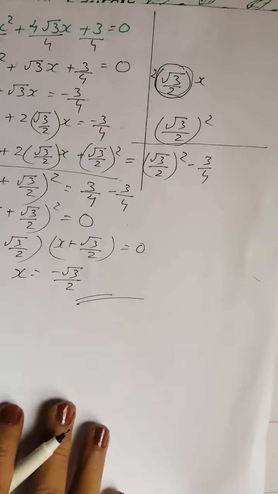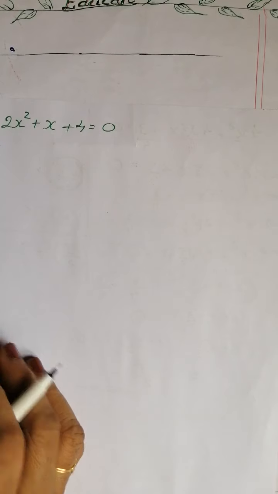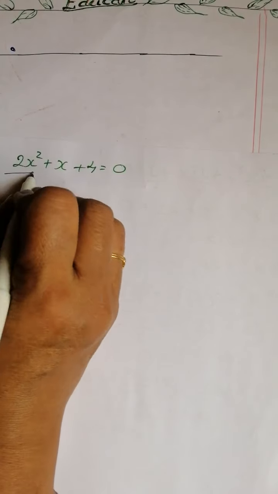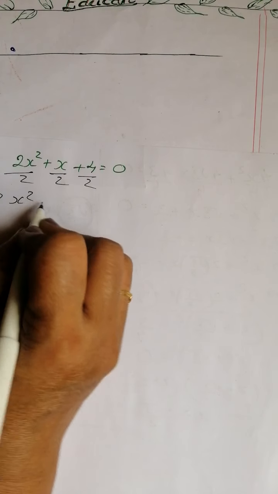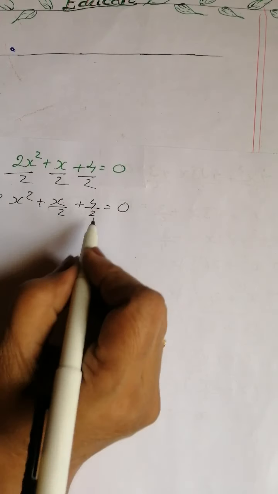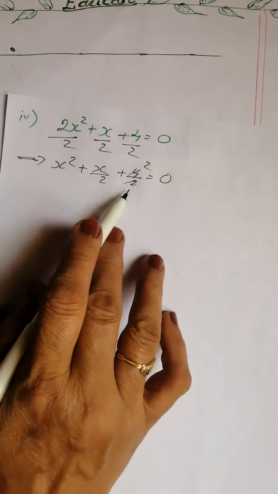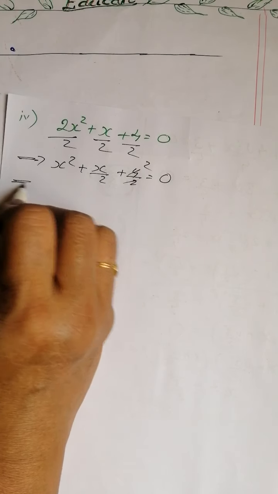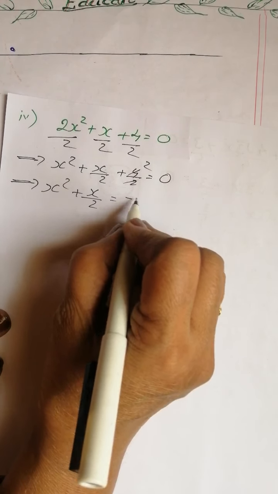If you do this one, this is also very easy. Now our last number. Write down the equation fast. 2x square plus x plus 4 equals to 0. Okay. Now you are smarter than me. Divide all sides by 2, dear. So you get the equation x square plus x by 2 plus 4 by 2 is equal to 0. This also I can cut, it will become 2. Now bring this c part to the RHS. So you will get the equation x square plus x by 2 is equal to minus 2.